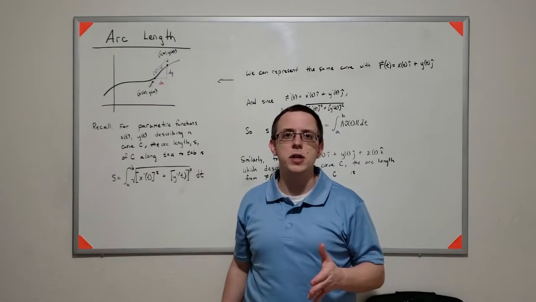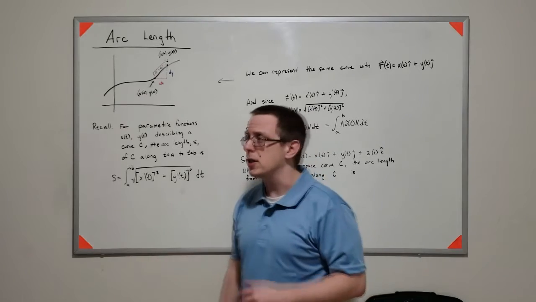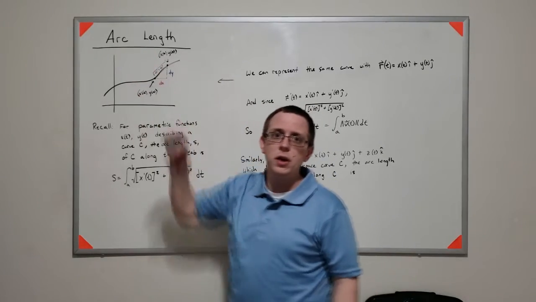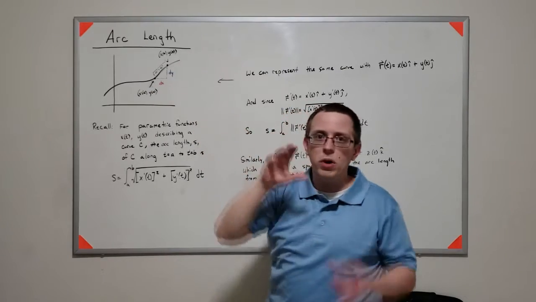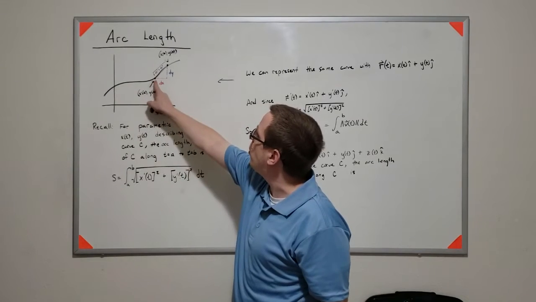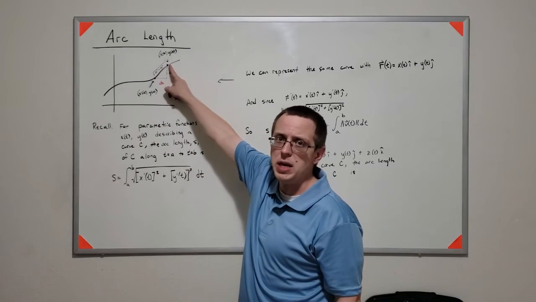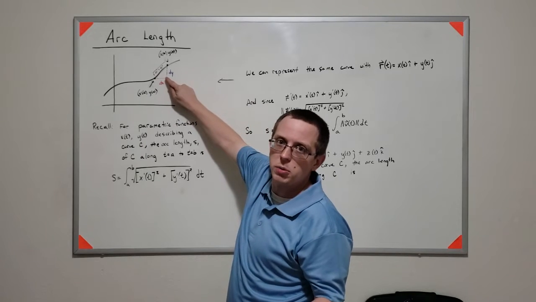I want to talk about a concept that you probably got introduced to in your previous studies in calculus, and that's the idea of arc length. So if we have some sort of planar curve here, and we want to determine the distance that we travel from some starting point A to some ending point B, you can think of this little triangle to approximate that